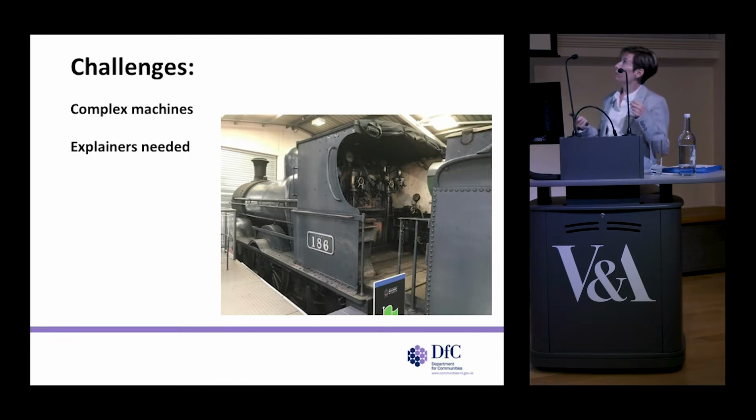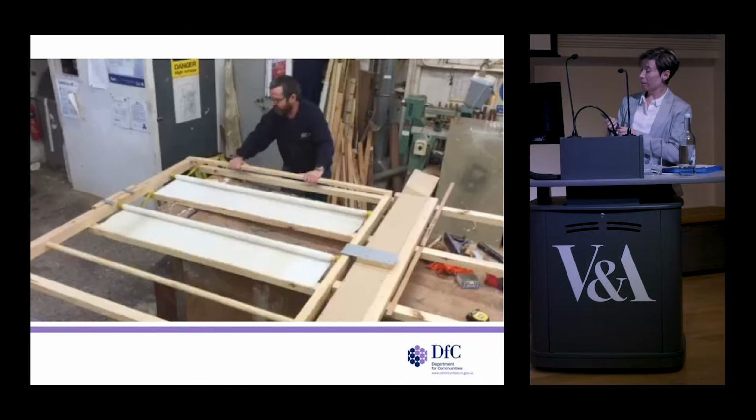So we do need, I think, in our experience, we need to have more explainers at these sites, because there's more things there and there's more detailed component parts. It actually needs more explanation in many cases. And as an example of this, and I don't know whether this is going to work, but at Ballycopeland Windmill,